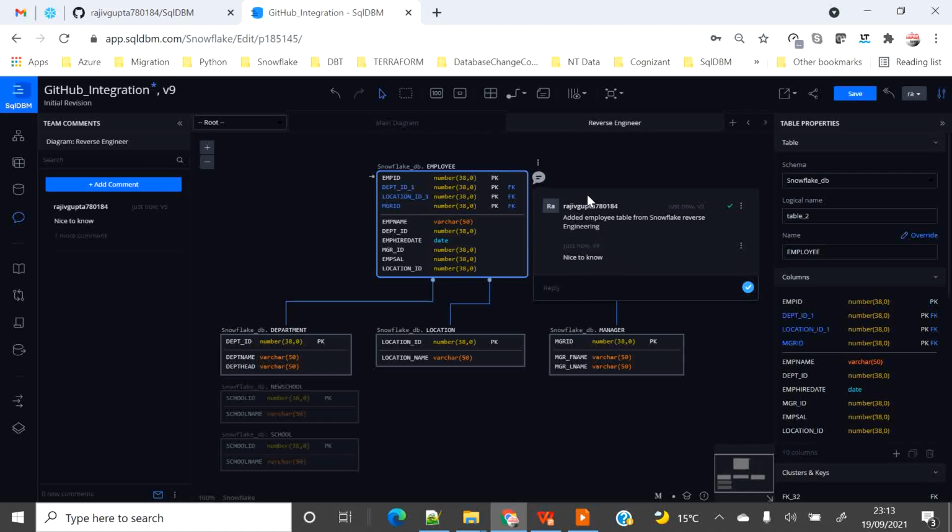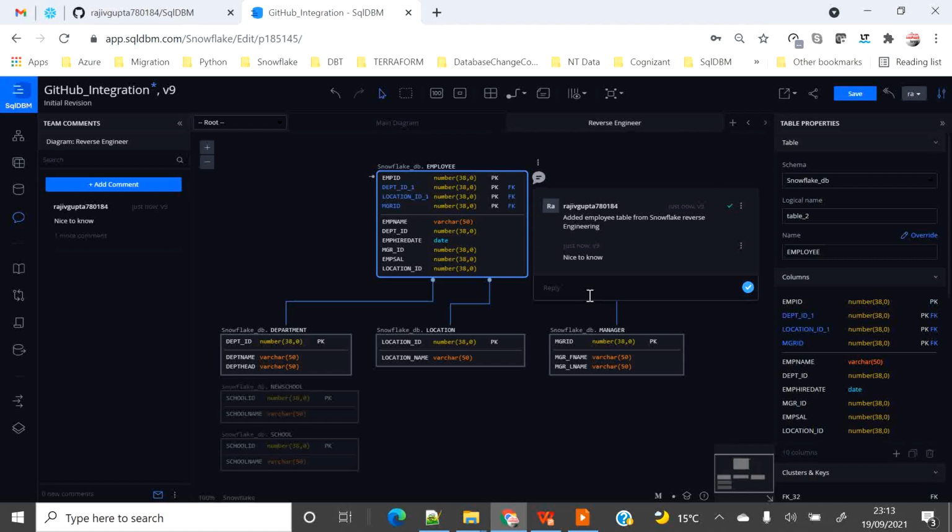So this can be a communication channel where somebody is adding and at the same time the other team in a different place can add their comment or feature, so that they are collaborating very closely and there is no communication gap. This is very useful when multiple teams are working in different geographical locations and using the same ER diagram.